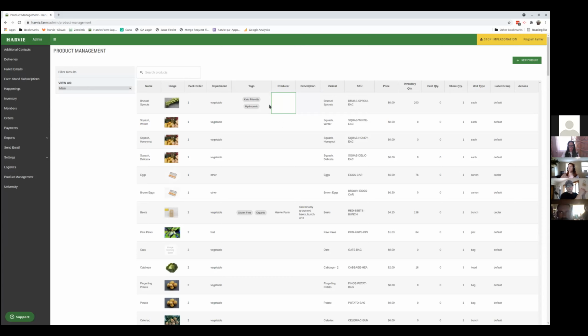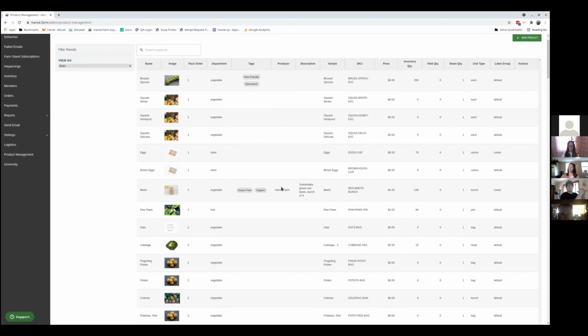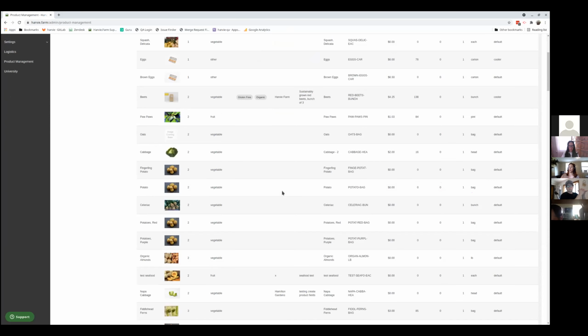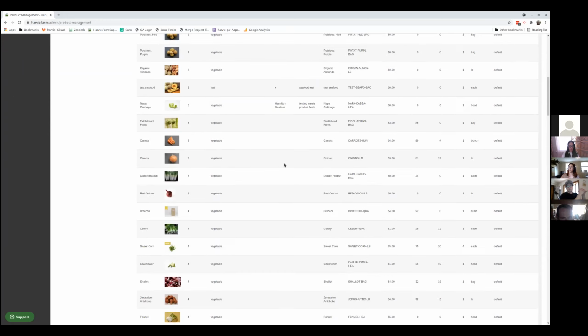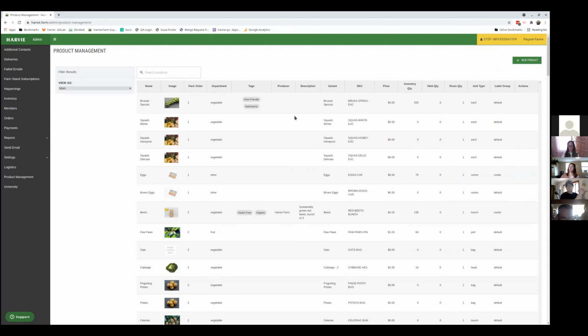So right now, this is just a text field. It will be a drop-down that will allow you to select from any existing ones. Like you can see, we have Harvey Farm here. We have a couple other producers that we've listed. Those will appear in a drop-down, but for now, you can just enter something